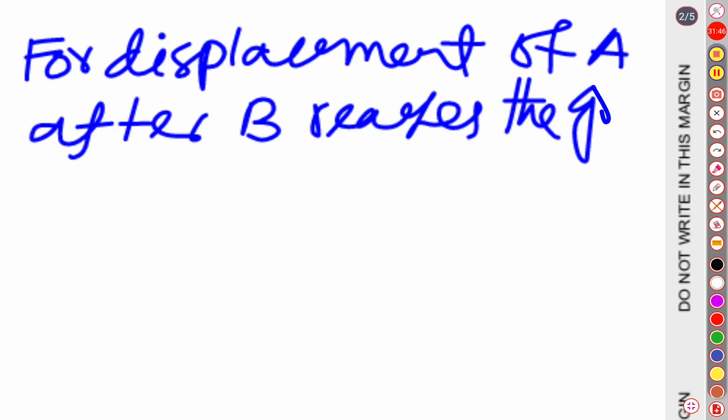So when B reaches the ground, A was still moving downward, and the concept we are going to